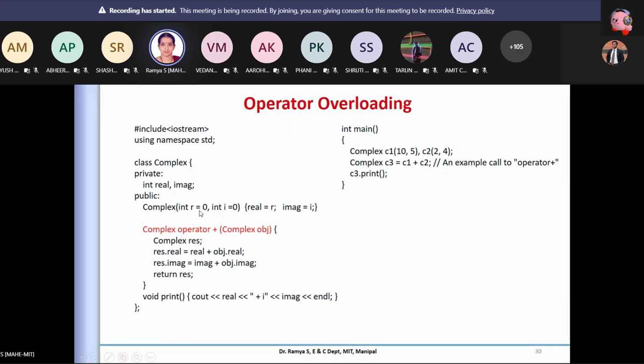Now this is another change in this. Again, you see what it returns. It is a complex because I'm going to add the particular information and I'm going to assign it to a particular value.